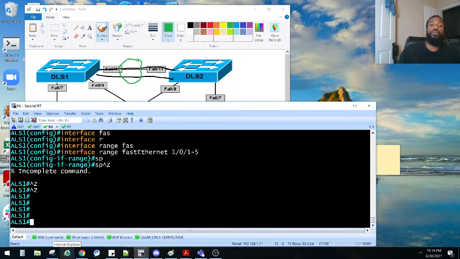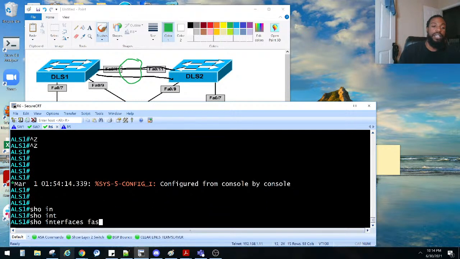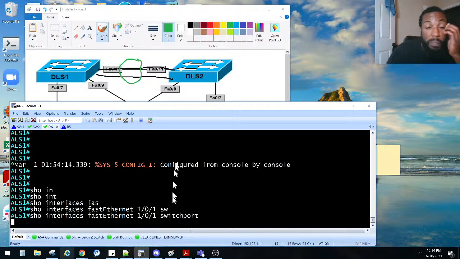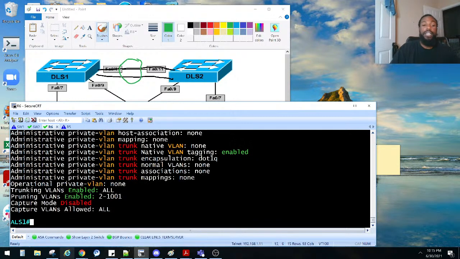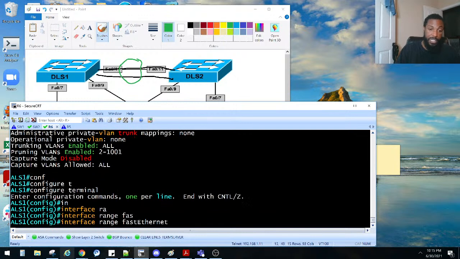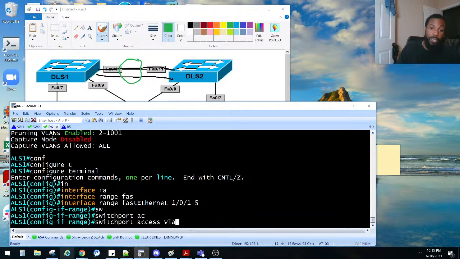Let's see what they are on right now. So interface FastEthernet 1/0/1 switchport. Right? We do that. We'll see. Right now, it is in dynamic auto. We want that to be static access. So he is on switchport, and switchport is enabled, but he is on dynamic auto. We want that to be static access, right? The way we do that is with switchport mode access, but he said using only 2 commands. So we know interface range FastEthernet 1/0/1 through 5